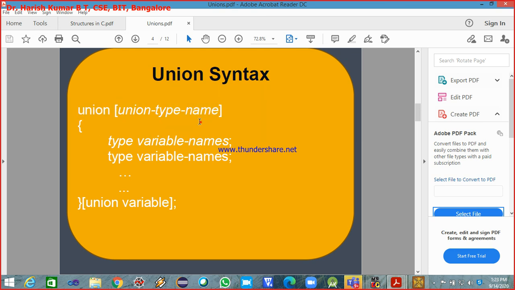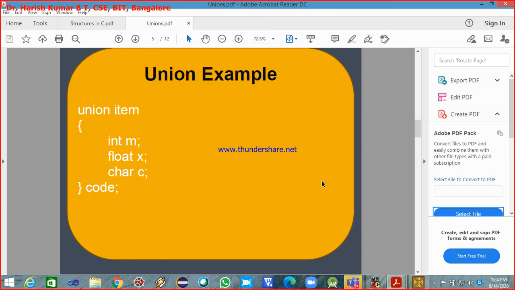Some tag name is specified here, then the members of the union, and then you can have the union variables. So it is exactly the same as a structure except for this keyword. Instead of struct, you write union.